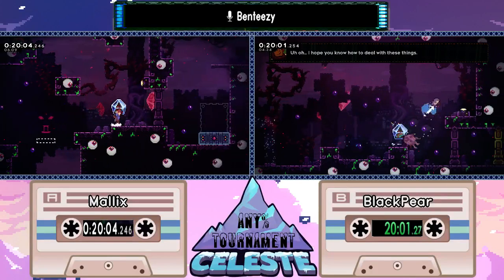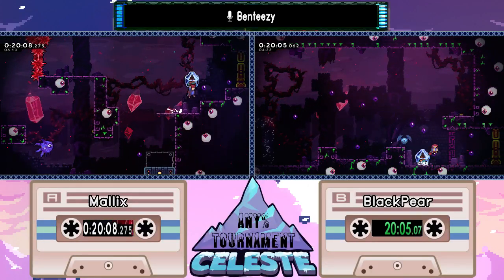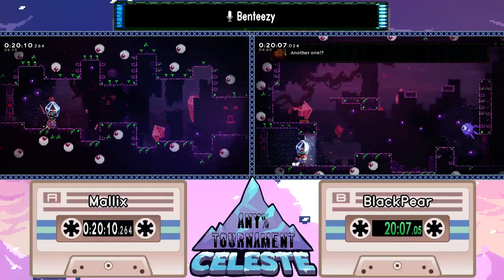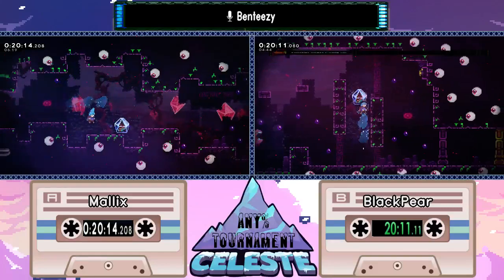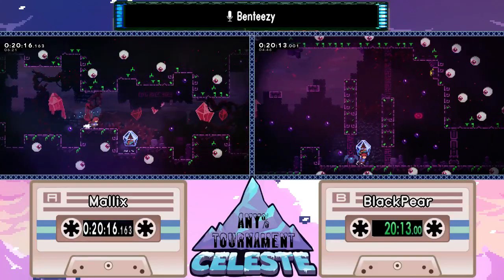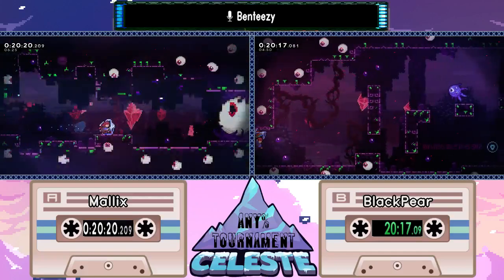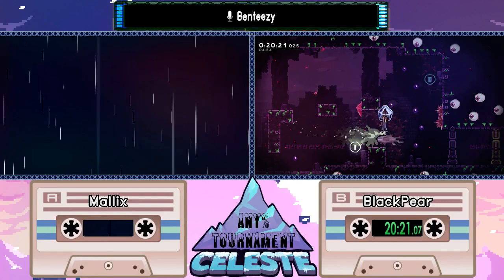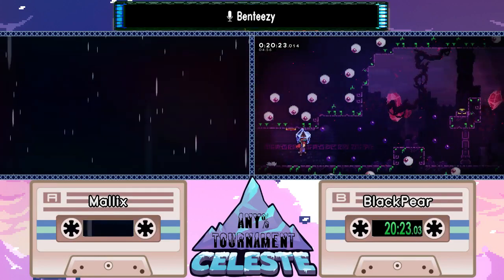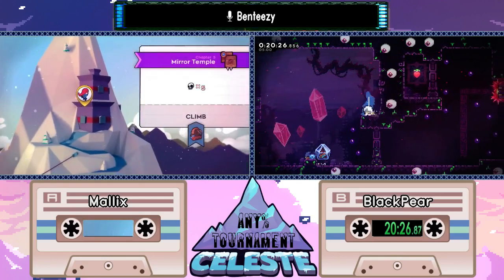Catching Theo actually preserves a little bit of Madeline's momentum, so players will try to throw Theo and then dash and catch Theo, like you see Mallix doing here. And that's because you can't dash while you're holding Theo. So you kind of have to do this little sequence of maneuvering. It's a little bit awkward to learn at first, but it can get really intensive to optimize because you can hyper into picking up Theo, as you just saw BlackPear do there. And you can also